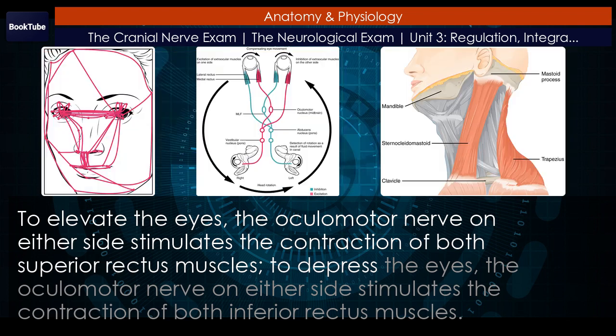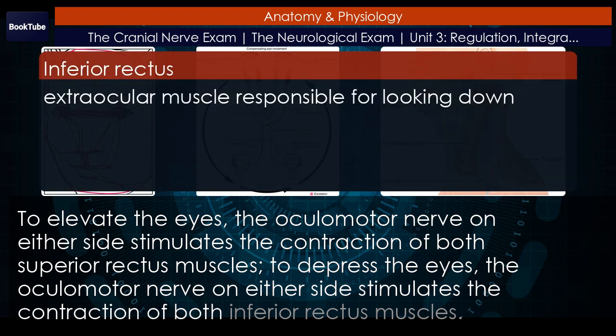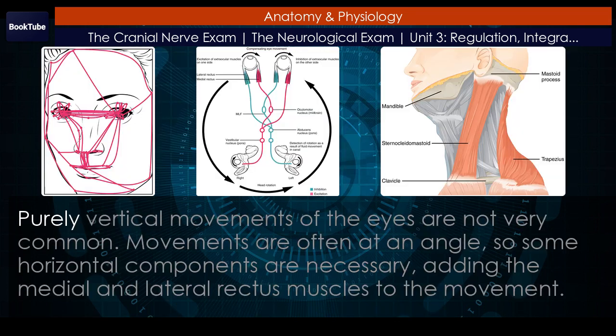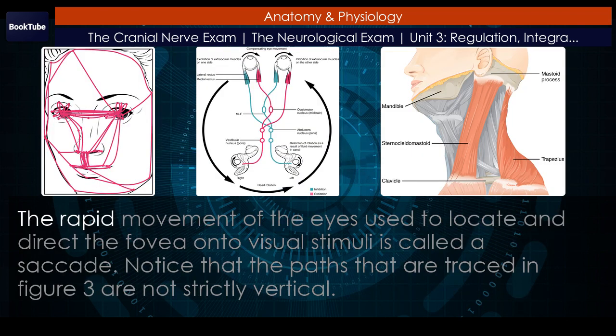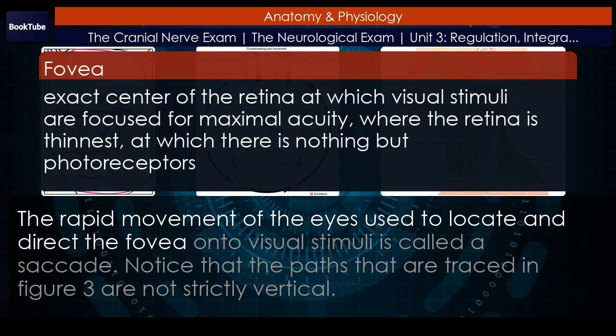To depress the eyes, the oculomotor nerve on either side stimulates the contraction of both inferior rectus muscles. Purely vertical movements of the eyes are not very common. Movements are often at an angle, so some horizontal components are necessary, adding the medial and lateral rectus muscles to the movement. The rapid movement of the eyes used to locate and direct the fovea onto visual stimuli is called